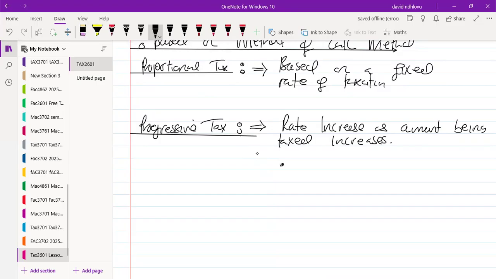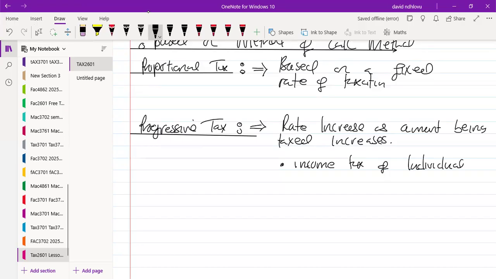So for these, we can talk about, for example, income tax of individuals. The higher the amount that you earn, your tax bracket will be higher than the person below. I said industrial, but I meant individuals. So income tax of individuals. You pay a tax based on what? On a progressive rate. Right. Any questions, good people?